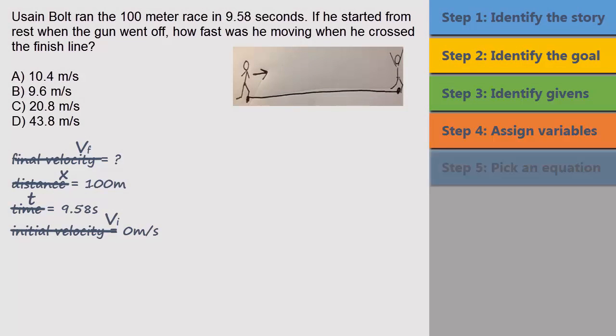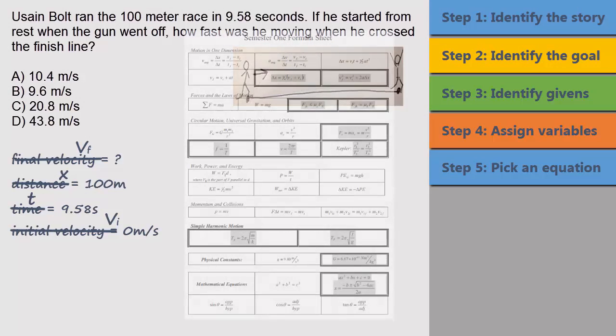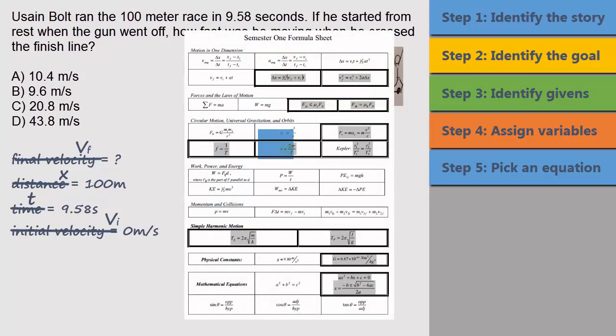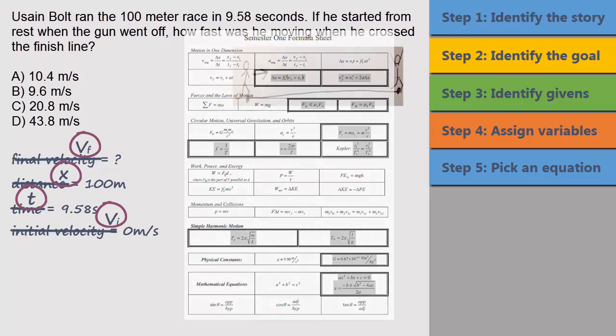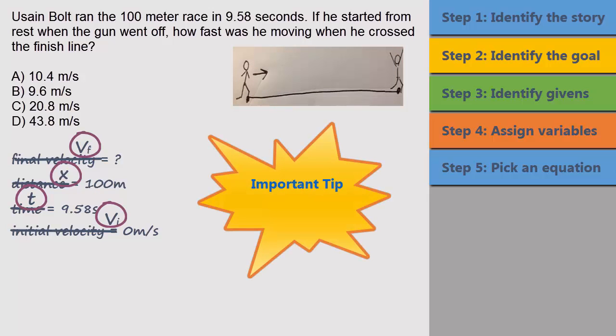We're now at step 5. Pick an equation. Instead of deliberating about every equation in your book or on your equation sheet, just look for the equation that has the same letters as your variables. Use that equation. The one caveat to this, if you're outside of a formal class and using equations from different